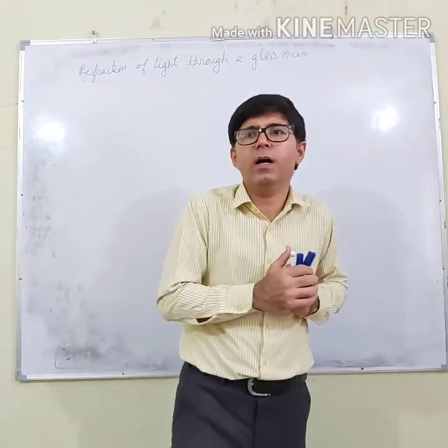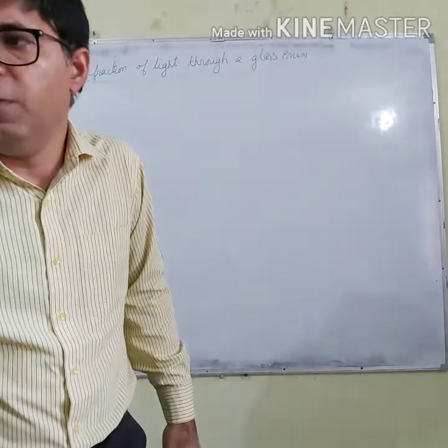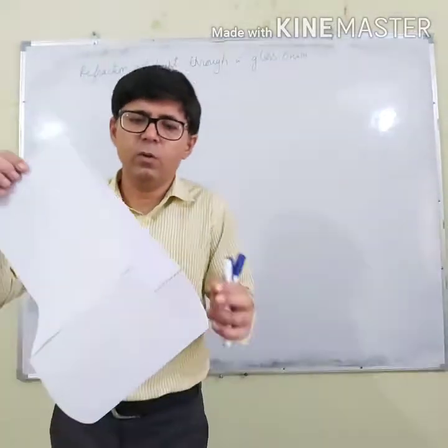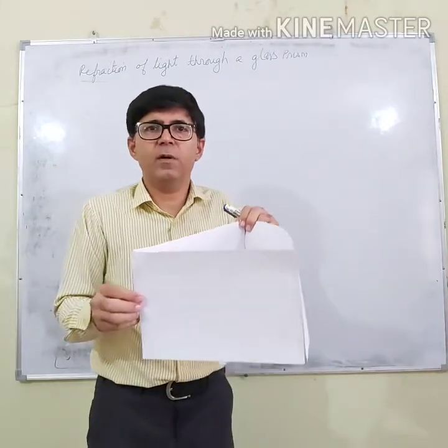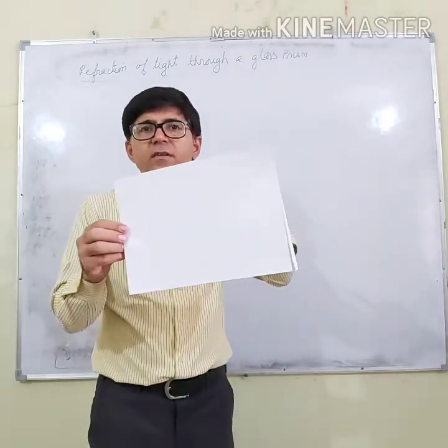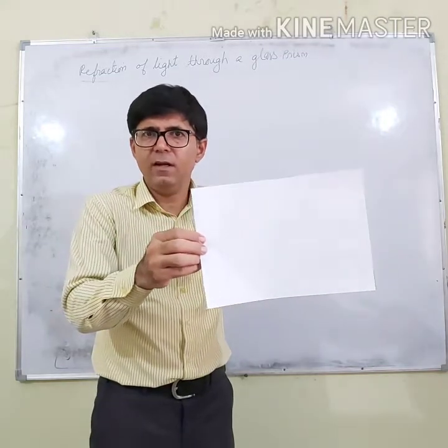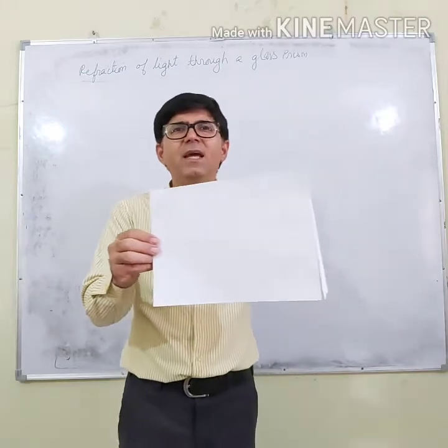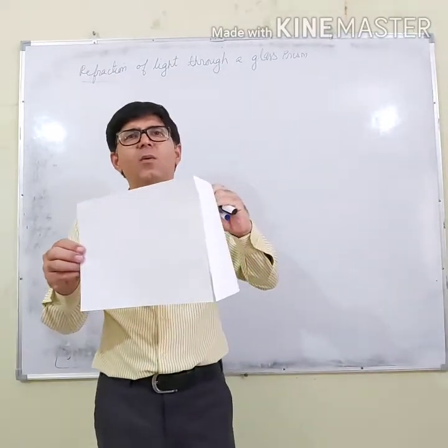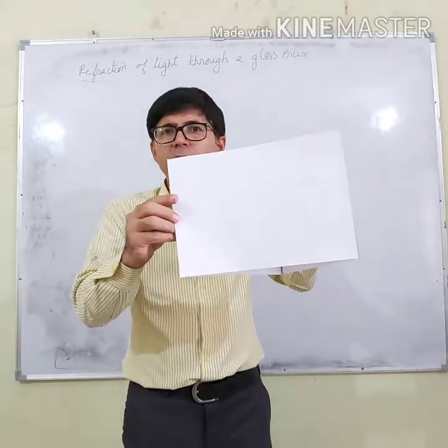Let me show you a glass prism. I don't have a glass prism right now, but with the help of the pages I will be able to tell you how many rectangular surfaces the glass prism has. Look, this is the glass prism that I have made with the pages. This is opaque, so it can't be regarded as a glass prism, but it can act as one. What is the shape of the glass prism? So you can look at the glass prism.